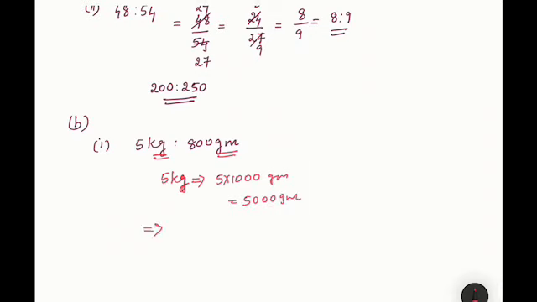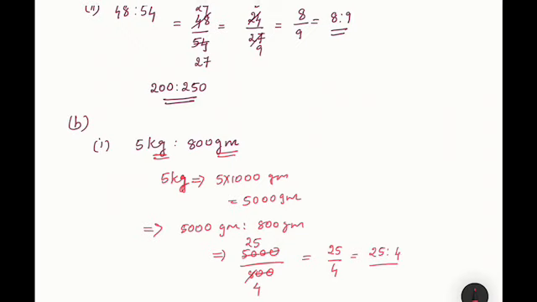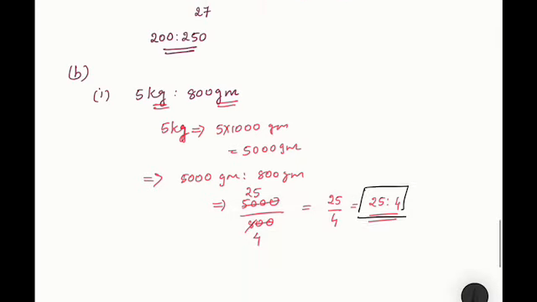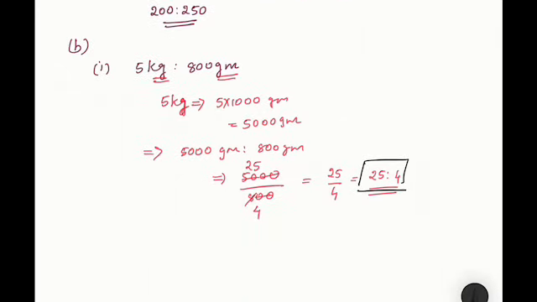So now we got 5000 gram is to 800 gram. So that is equal to 5000 by 800. Cancel the zeros. Here you have 8. So 2 4s are 8, 2 into 25. Just have a look further. Do you have anything common? No. So write 25 by 4. That is equal to 25:4. This will be your final answer. 25 by 4. Hope it's clear.